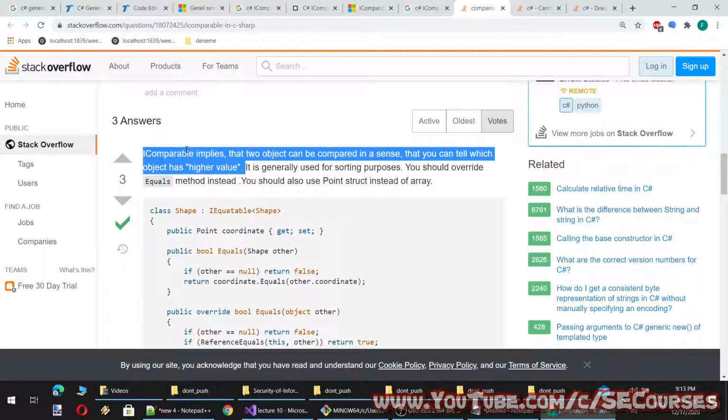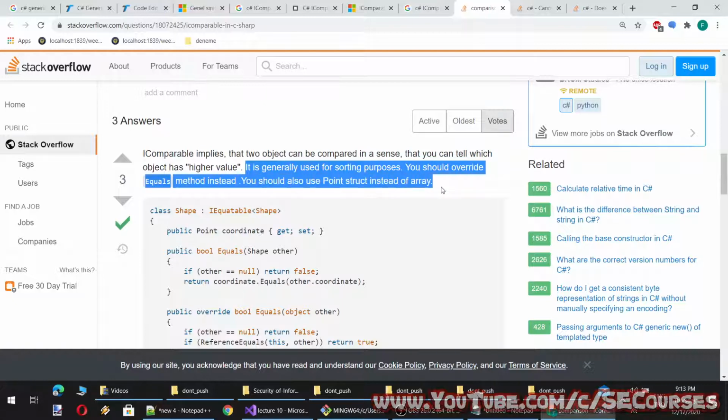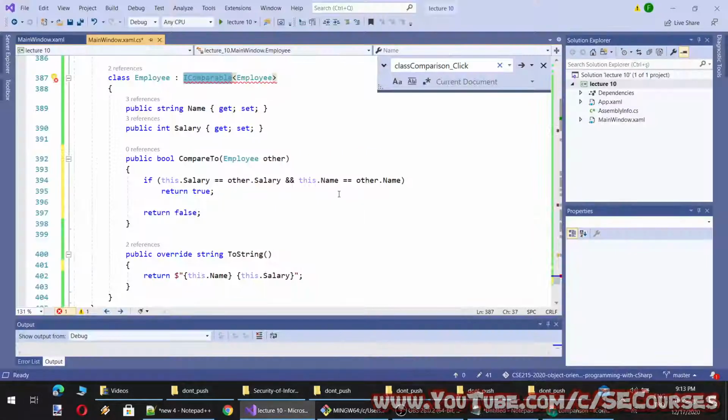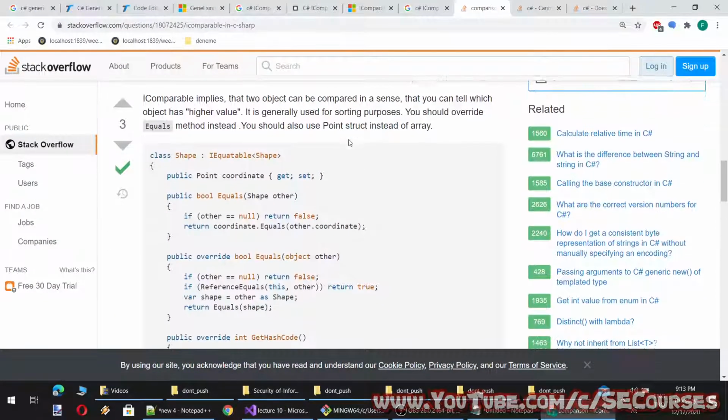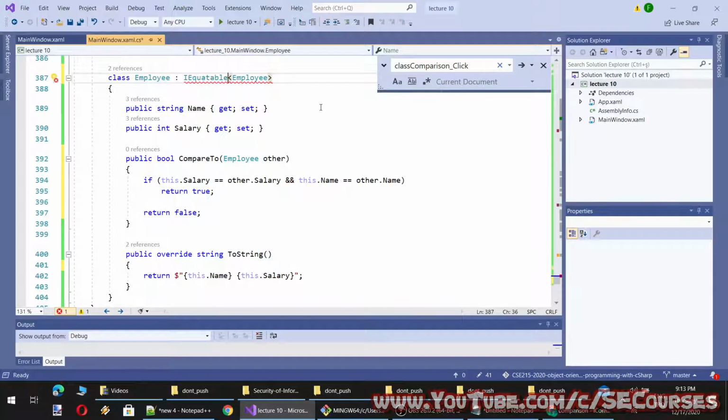I see. Comparable implies that two objects can be compared in the sense that you can tell which object has a higher value. It is generally used for sorting purposes. You should override the equals method instead. I see. So to do that, we need to use the equals method, and equals uses IEquatable. So if I make it like this,